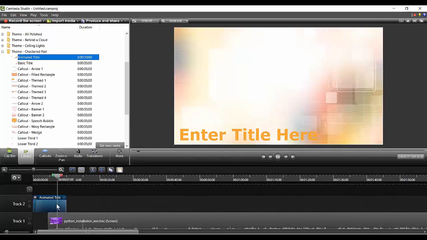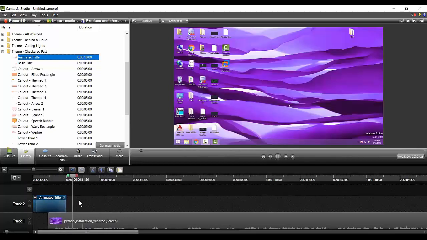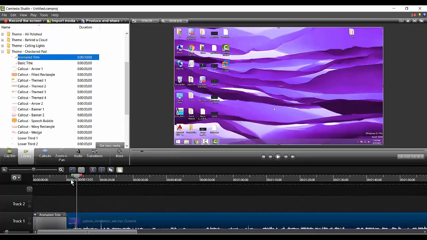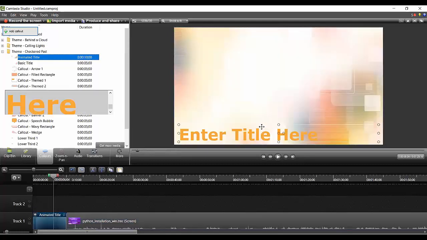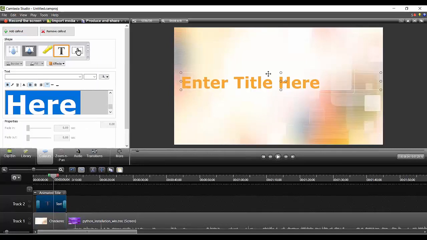Now as it is running, after this got finished, the second window came. So like that, I can put an intro on the top of it. And I can write any kind of name or any title if I want to do.